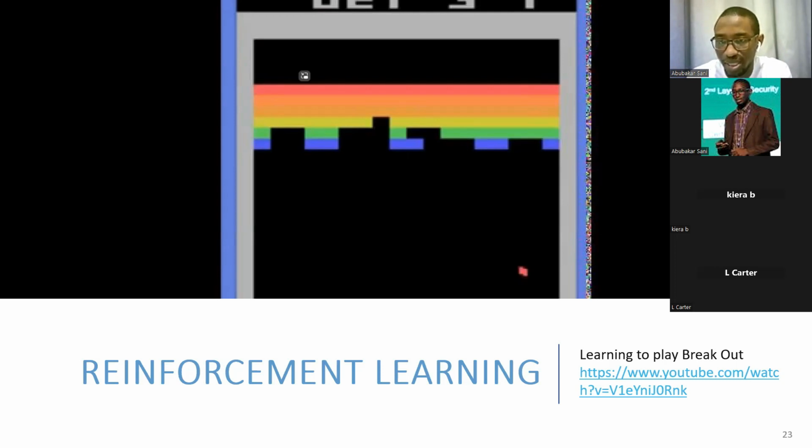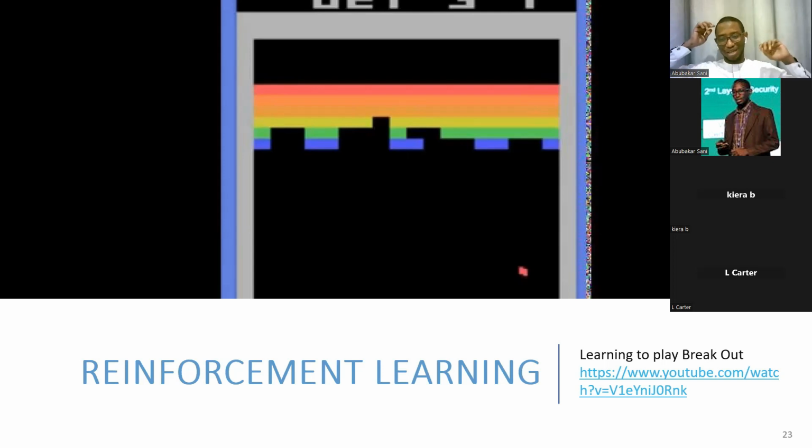So as you can see, this is now not doing well. Sometimes it stays in one place and the ball keeps falling. Now after 2 hours of training, this is how you will see the improvement. And this keeps on improving now. You can see it doesn't allow the ball to fall easily. Okay, it follows along. Now this happens after 4 hours.